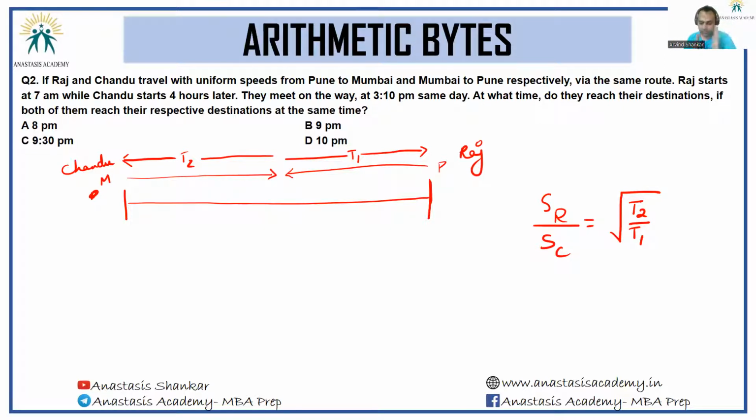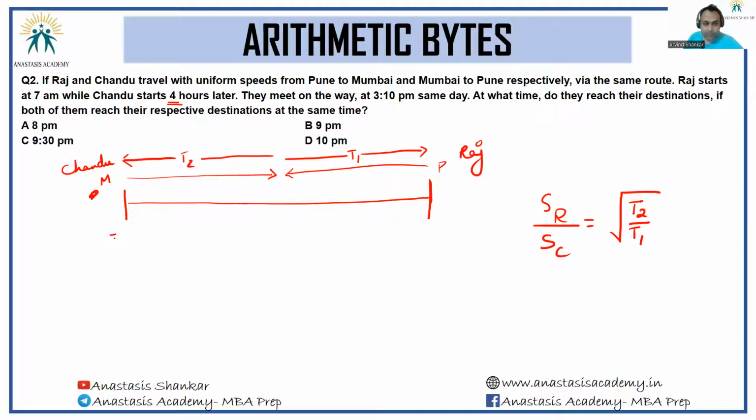Instead of going from their initial point A to initial point B, now if I go in rewind, they would start together from their destination, meet at a central point, and then go to their initial point. And how much gap is there in them reaching their initial point? 4 hours ka gap. But I don't really care for that. What I do care for is